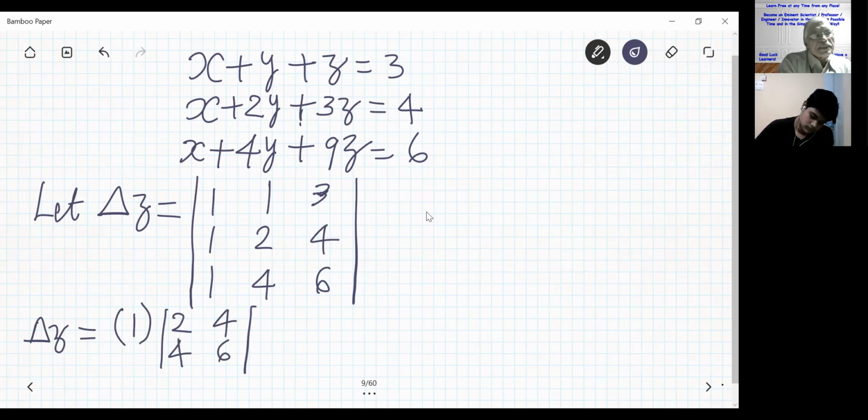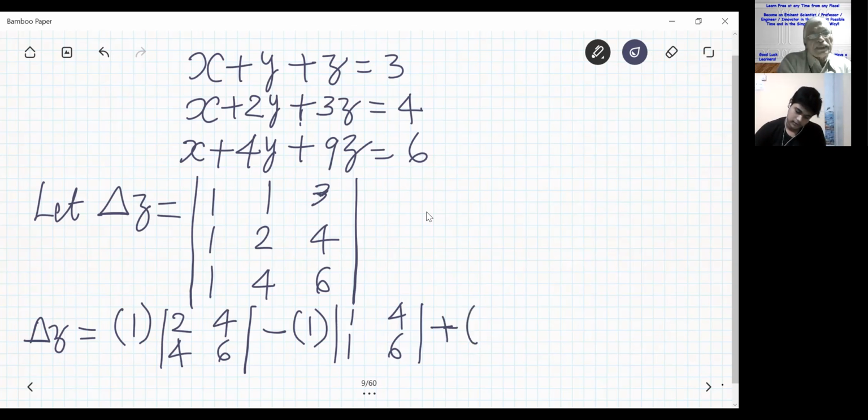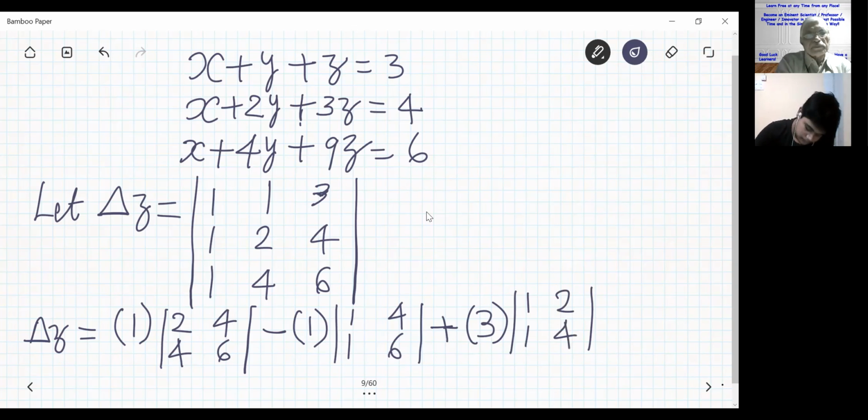Then we have to write minus sign, then minus 1 into write the number in the first row second column, 1, 1, 4, 6. Then ignore the first row second column, write the numbers as it is. Then plus 3 into, and 3 is the number in the first row third column, 1, 1, 2, 4. This is obtained by ignoring the first row and third column. So delta Z is equal to 1 into